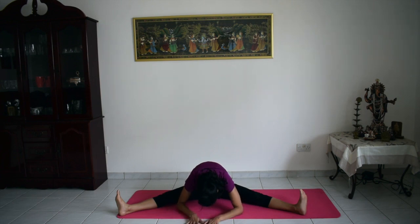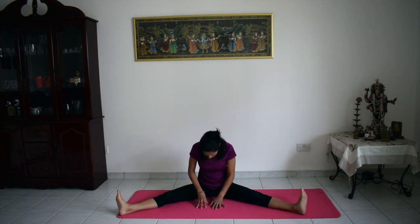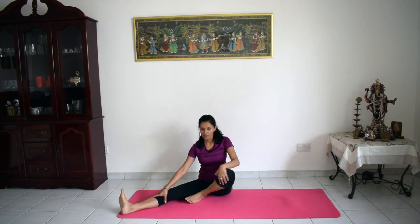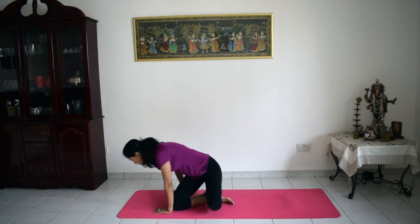Slowly release your palms. Walk your palms closer towards you and rise up. Well done. Bring your knees in. Come to seated, close your eyes. And just notice how you feel. Your entire lower body. Slowly relax and we make our way to